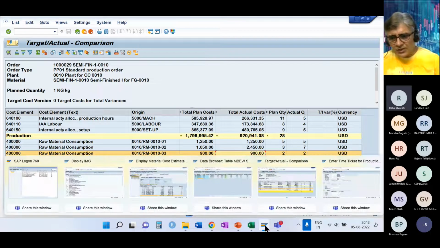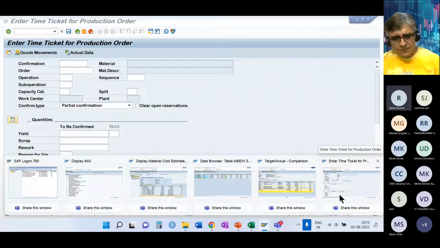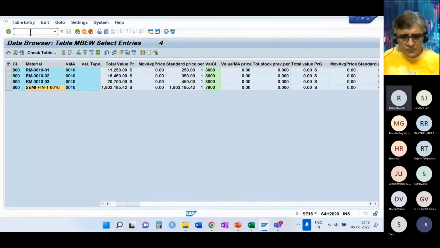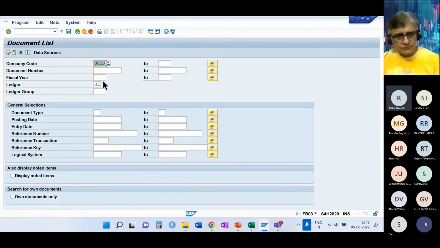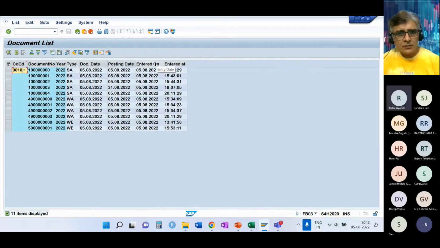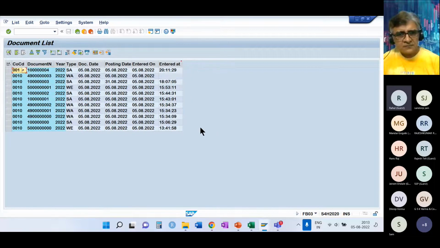Now let us look at the accounting aspect. Okay, so these two accounting entries have been passed.